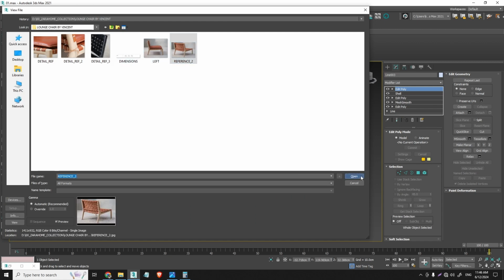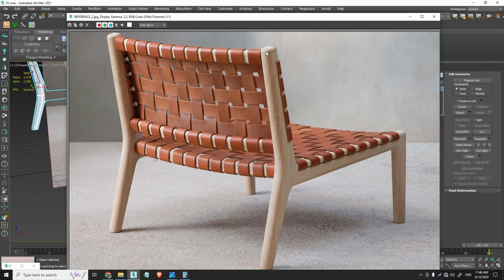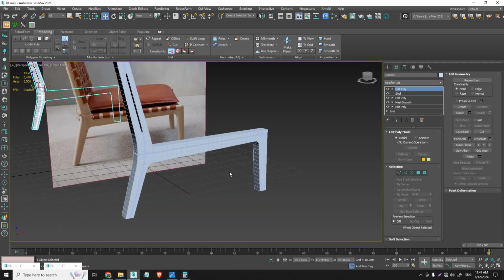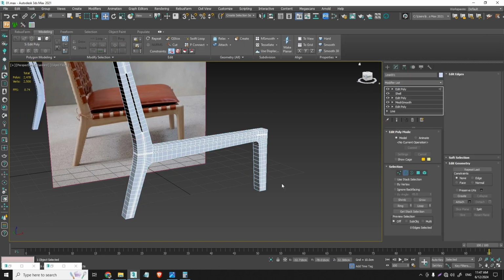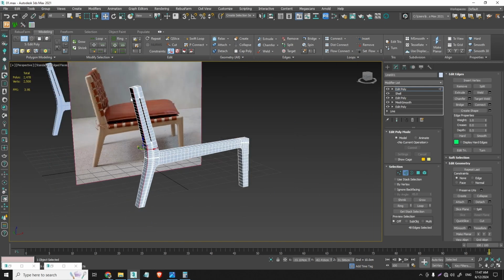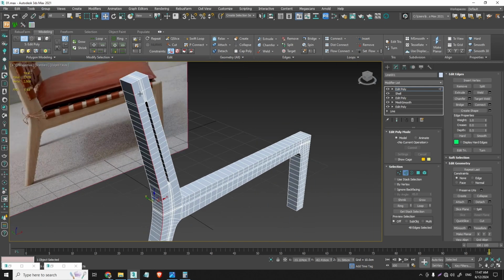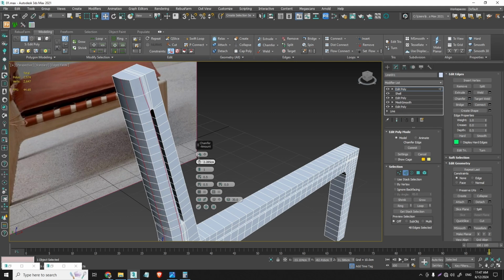So as you saw right here on this photo, we have a big chamfer on this part, and I think that all the other parts are much more, let's call it, hard, maybe. So what I will do is I will select this, I will take the chamfer, go right here, and I will chamfer this a lot, maybe somewhere around